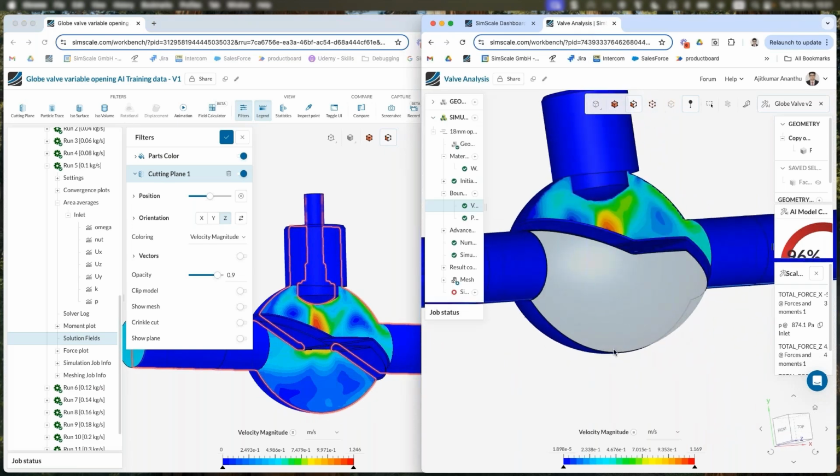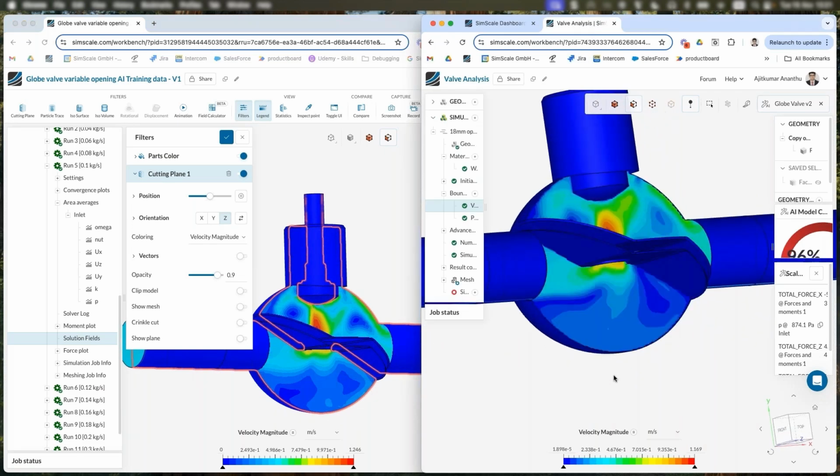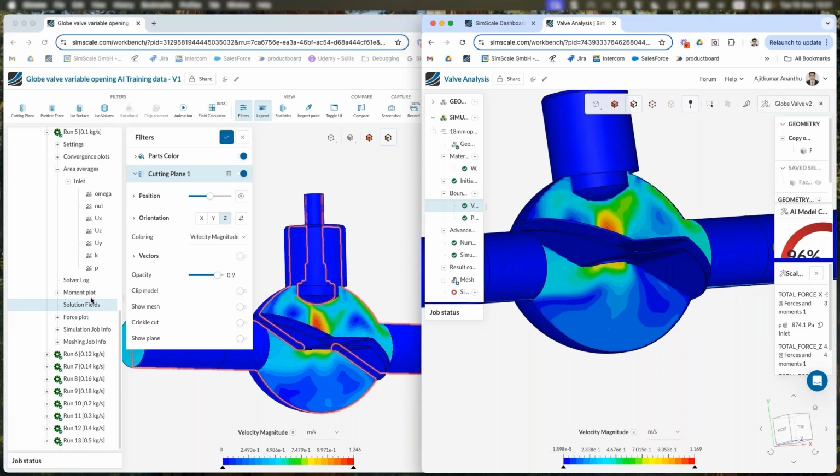So in general, this is how you can verify if your prediction is good enough. And if you're confident using that, then you can start using the AI predicted results for your design iterations to be made. Right? This is the verification stage that you can do. But as you can see, you're not limited to the flow rates that have been trained. You can also go on a random flow rate within the range and start predicting the results. So I'm going to go back to my